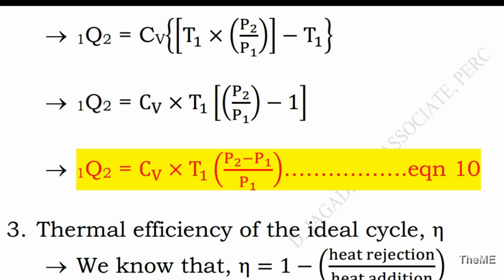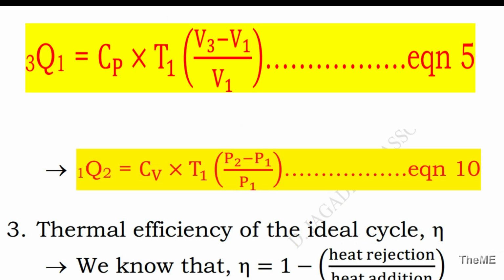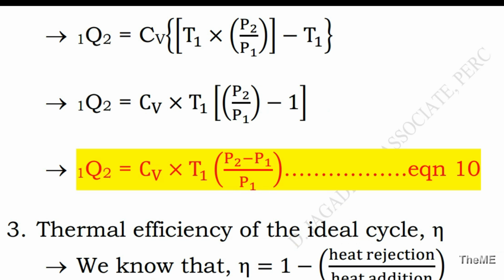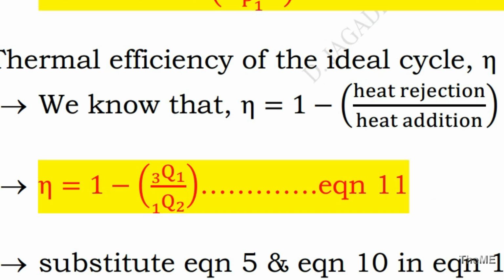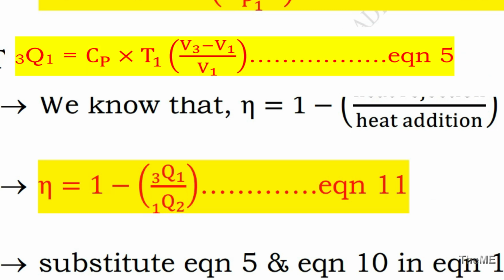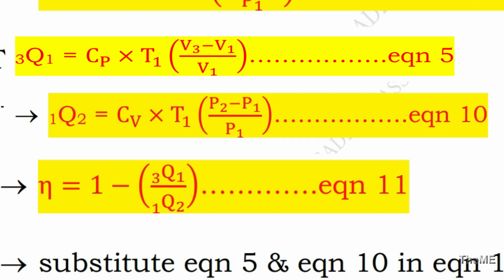So we have found the values of heat addition and heat rejection. Now it is easy to find the value of thermal efficiency of the ideal cycle, which is taken as eta. We know the formula for thermal efficiency of the ideal cycle, which is eta is equal to 1 minus heat rejection divided by heat addition. So in this ideal cycle, heat rejection is Q3 to 1 and heat addition is Q1 to 2. So the next step will be eta is equal to 1 minus Q3 to 1 whole divided by Q1 to 2, and consider this one as equation 11. Now we will substitute equation 5 and equation 10 in equation 11. Equation 5 is nothing but the value of heat rejection, and equation 10 is nothing but the value of heat